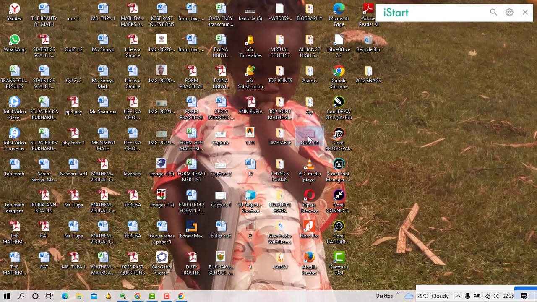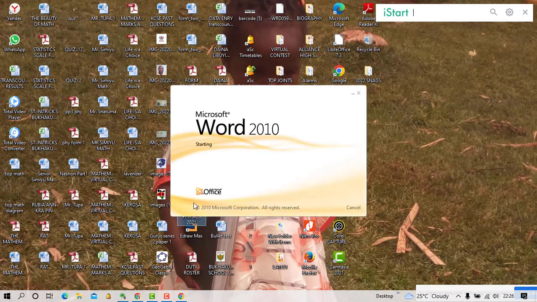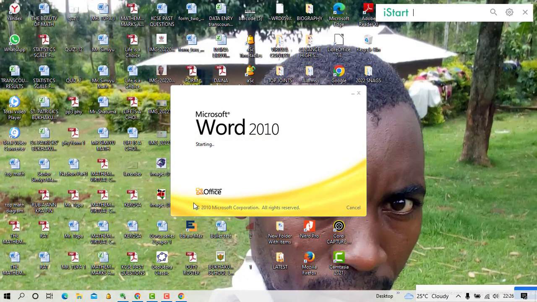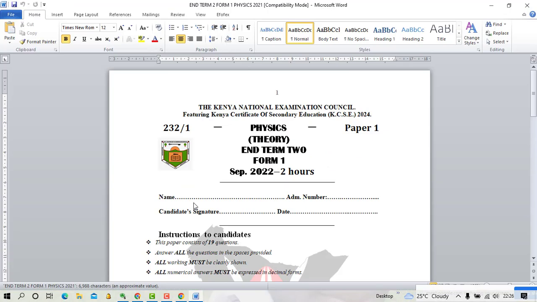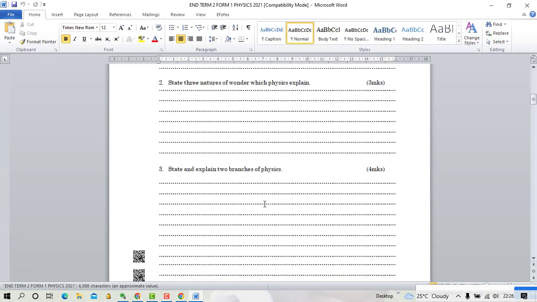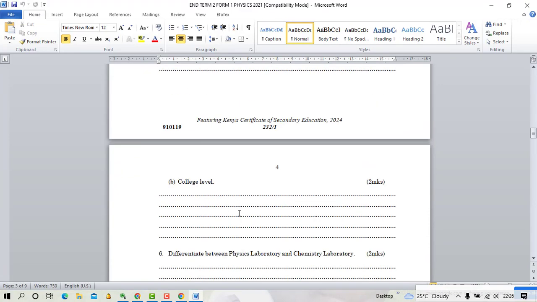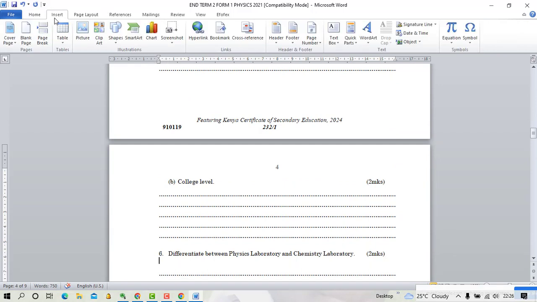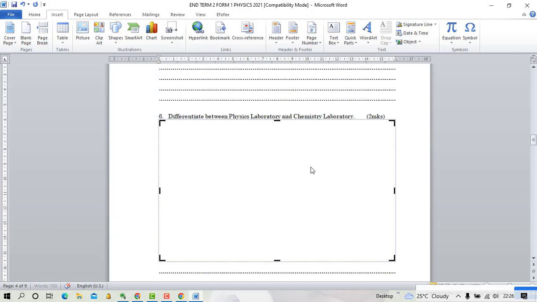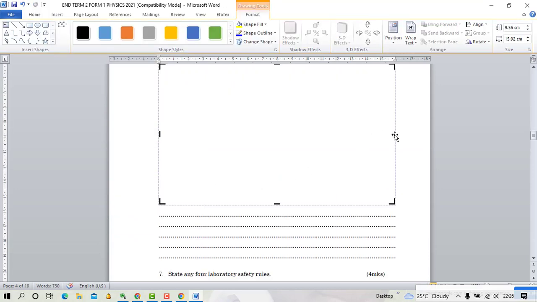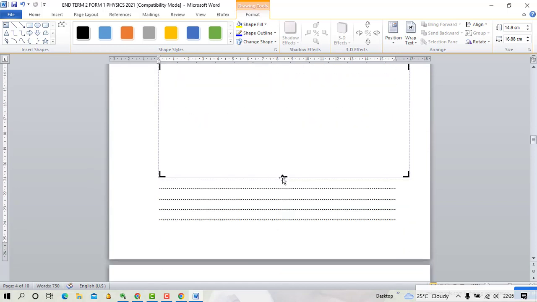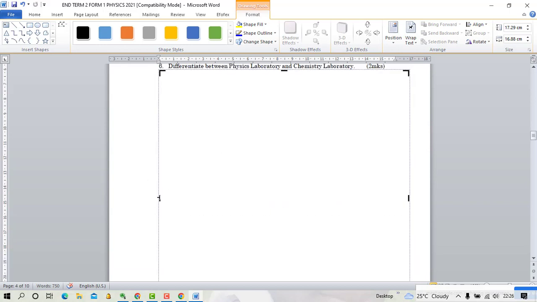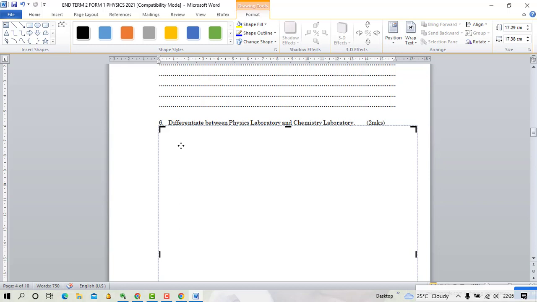We can go and now put in our question paper the way Senior Lion showed you. You just go to where the question number is. You open that document. If you have not opened it yet, I open it and give it time to open. Then I go to the question number. Maybe I want to put it in question number 6. I just go to insert, then shapes, then draw canvas. But the canvas, you will enlarge it according to the size of that image, because the canvas can resize your image. So you make sure that the canvas is large enough so that the image can fit inside it.